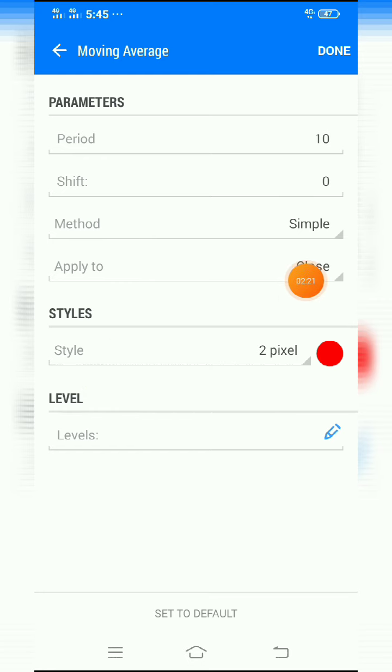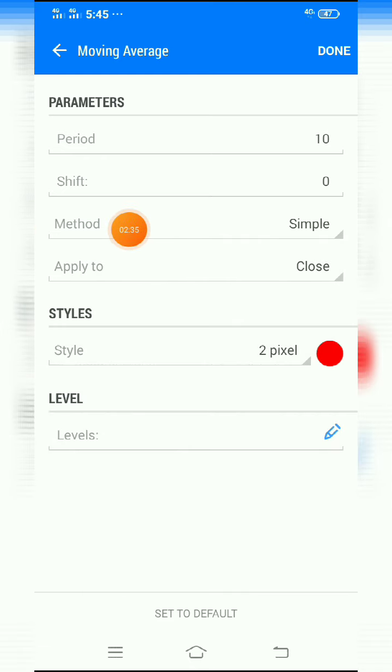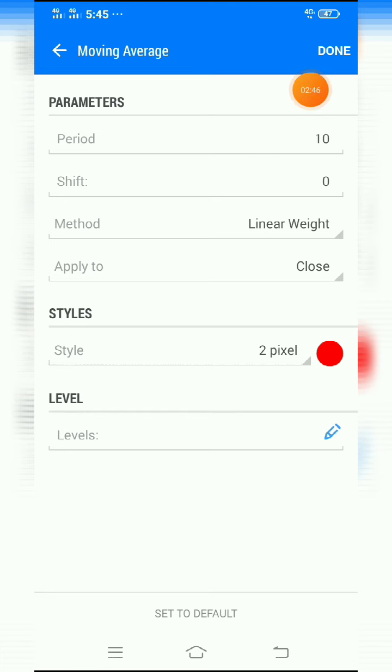Now we have to apply to the first indicator's data, the previous indicator's data. Wait, close, but you have to keep this close. And the method, what is the method? Method is simple, but we have to click on the method and select the option linear weighted. We have clicked on it already, and we click done.